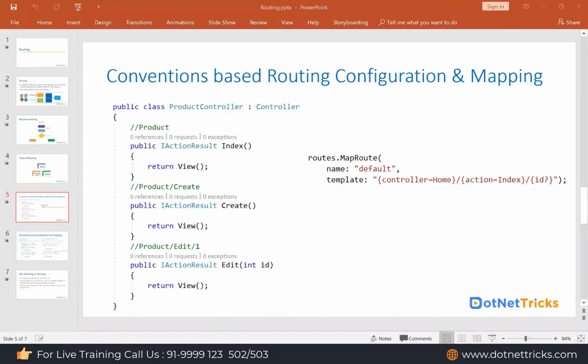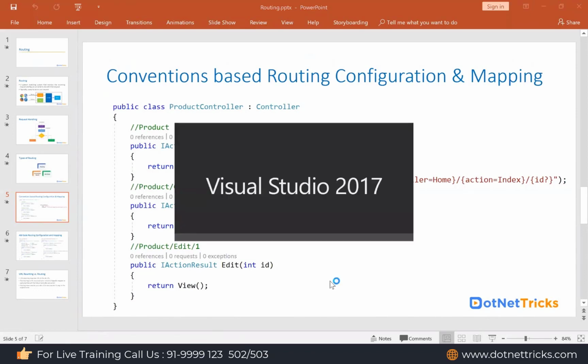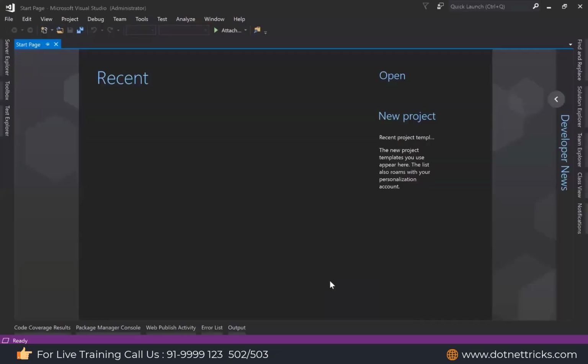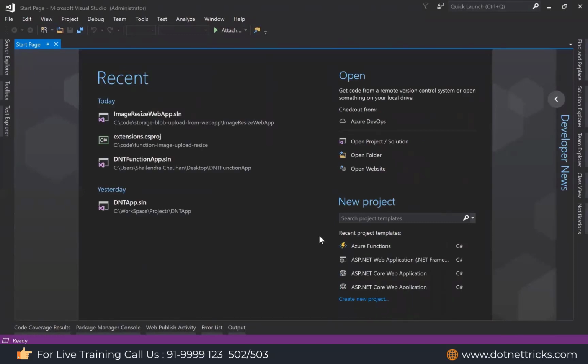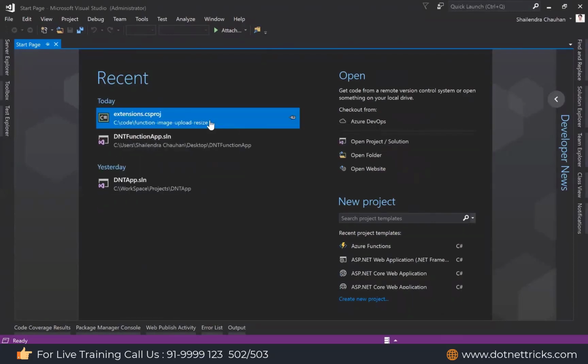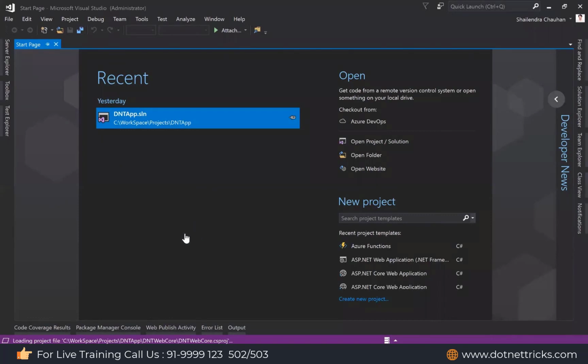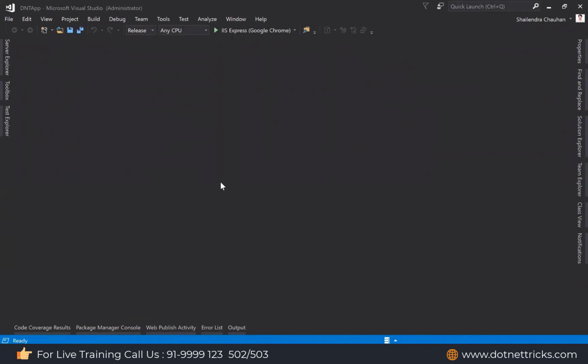So now let's create a project using Visual Studio. I'm not using VS Code here. We will use only Visual Studio 2017. But if you are using Ubuntu, like Linux and Unix, there you can use VS Code and the .NET CLI for creating the project and for running. On the Mac, we have Visual Studio for Mac. There you can use Visual Studio for Mac for creating the application, just like we are creating it in Visual Studio for Windows.